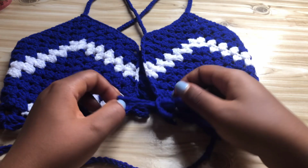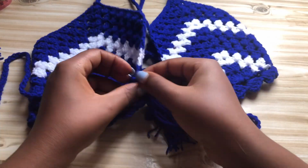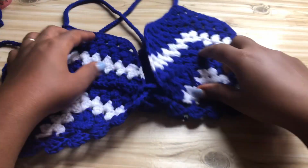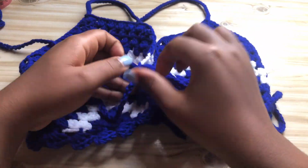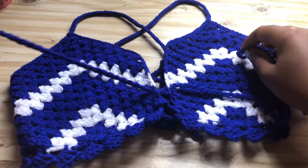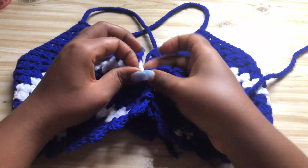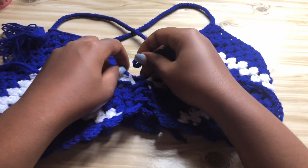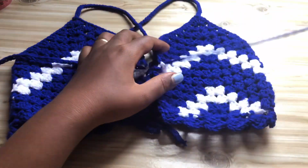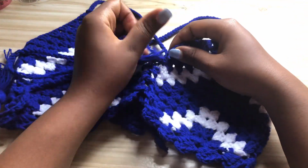For those who may want to tie it from the front, this is how you're going to do it. You're going to make your chain and you're going to crisscross it starting from the bottom going up. You can tie it up to the middle, or you can tie it all the way to the top like how you saw in the photos. Remember with this, when you want to tie it from the front, you're going to make the 2 panels, like both sides are going to be separate, so that you can tie the back and the front as well. I hope that's clear,